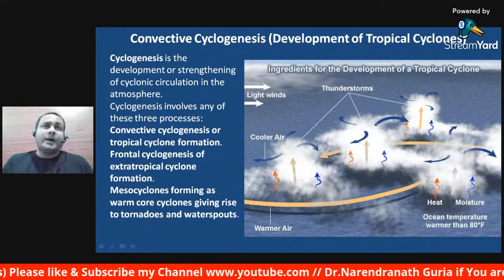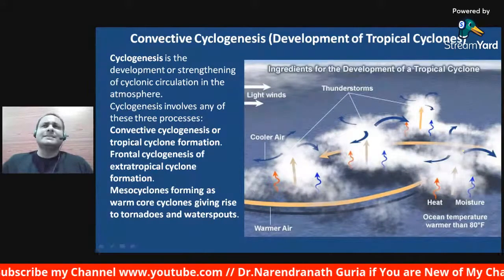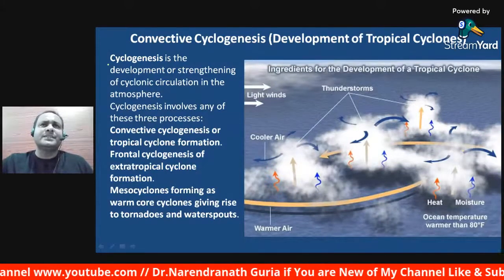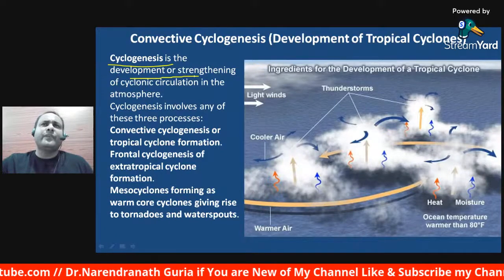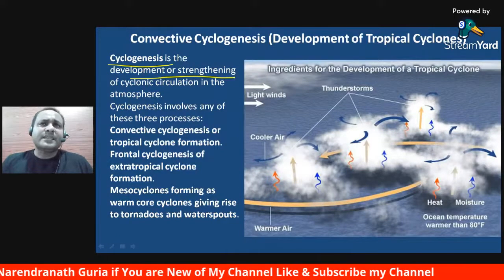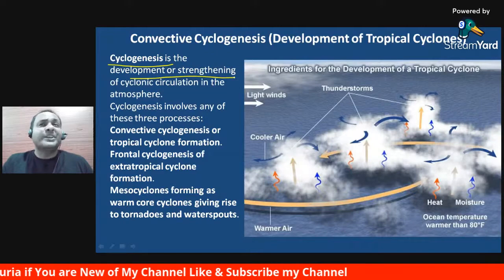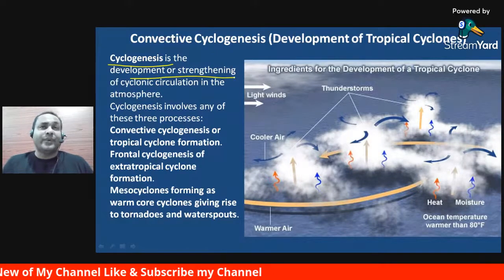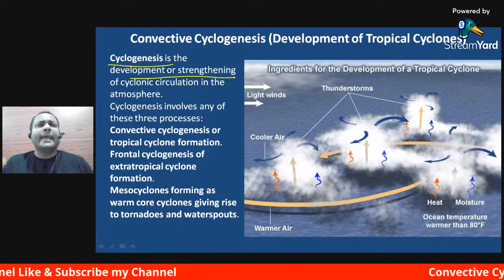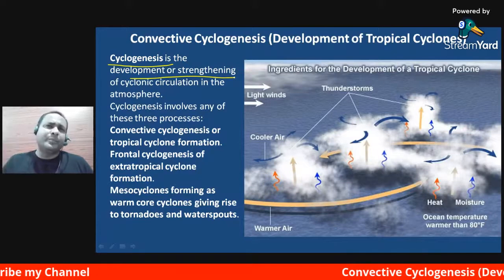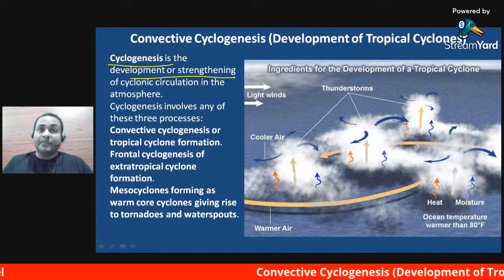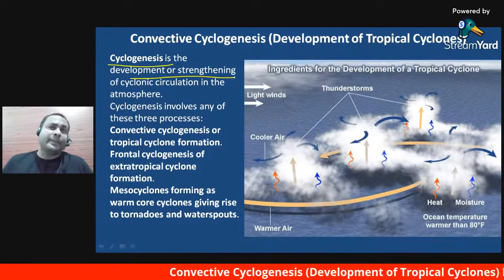Cyclogenesis, basically, cyclogenesis is the development or strengthening of cyclonic circulation in the atmosphere, and cyclogenesis involves any of these three processes, basically: convective cyclogenesis or tropical